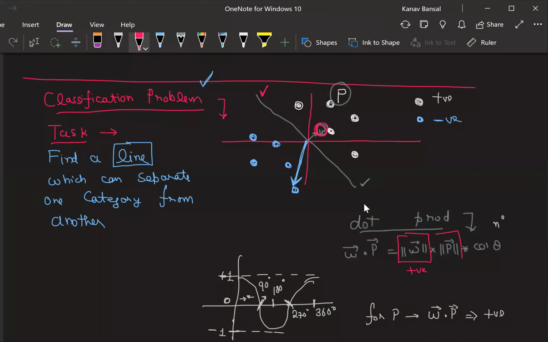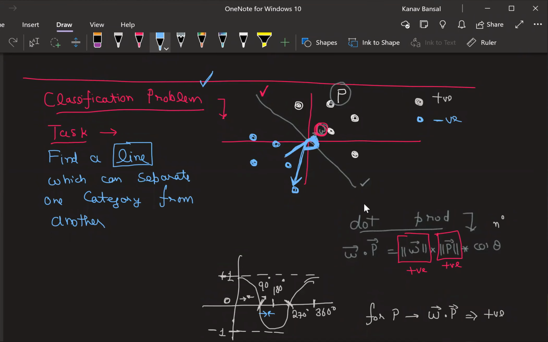What is length of P? Again positive, right? Now, what is this angle? Just try to see this carefully. 90 degree. Isn't it 90 degree? Right? But if I try to go towards that, it is greater than 90. This line is going to be 180 degree, right? If it comes to this, it is going to be 180 degree, but it is greater than 90 degree and less than 180 degree. See, greater than 90, but less than 180.